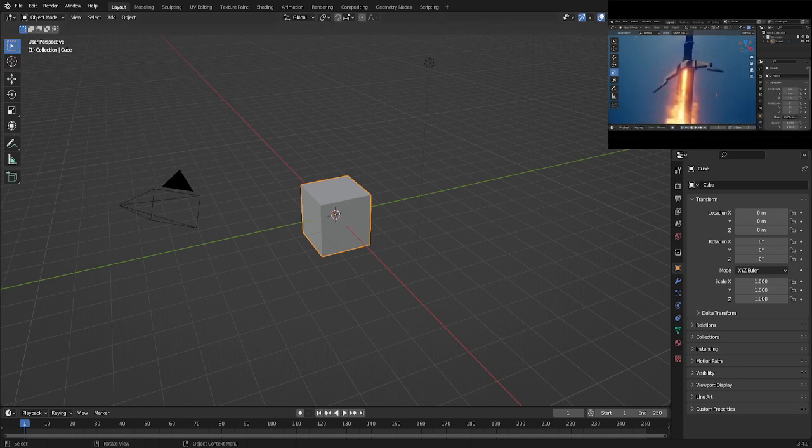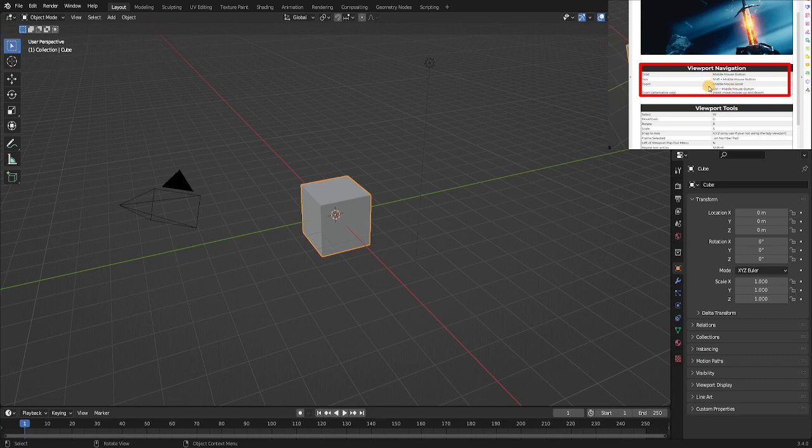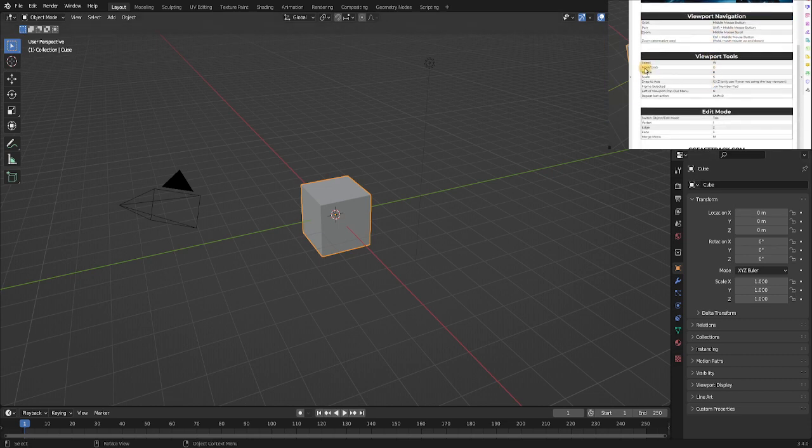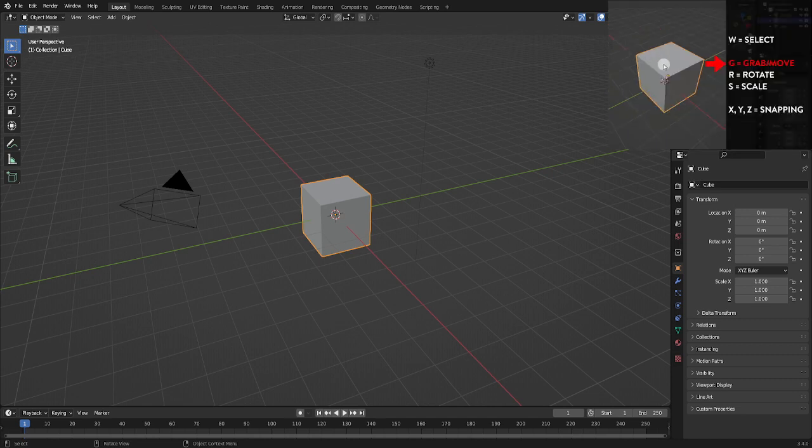3D modeling for 100% absolute beginners. We are going to build out this fantasy sword model in part 1 during our Minecraft project. Now we're going to focus on integrating the viewport tools, specifically the GRS hotkeys. And step number 2, we'll start with the G, which is our move and grab tool. Once we hit G on the keyboard, you will notice that the cube starts to move around. All we have to do is simply move around the mouse and then click anywhere to drop it back into